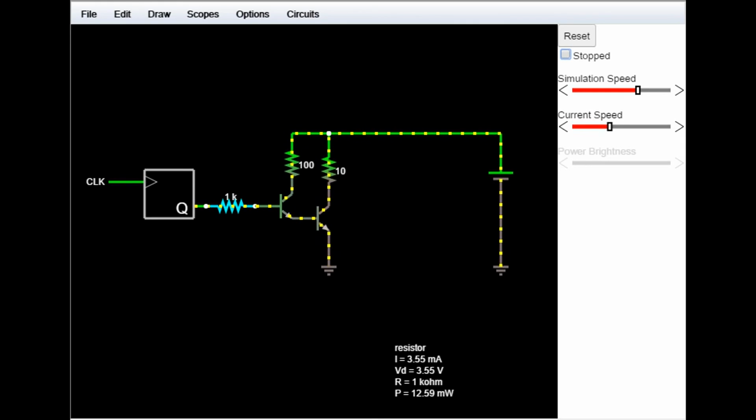So how does this work? Pause the video and try to see if you can analyze this circuit and understand what's going on here. Well, let's start from here. We have a 1000 ohm resistor with 3.55 milliamps. So we know that the current going through CE here can be 100 times more than that, a little bit less than that because it's not perfect. And if I highlight over this resistor, you can see that the current is a little bit over 100 milliamps, which is what we'd expect.